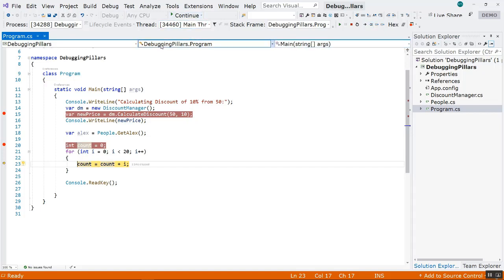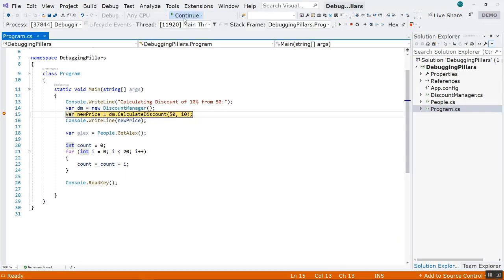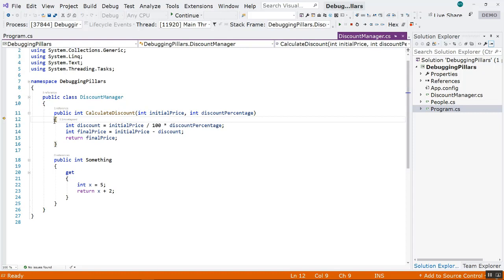Let's start over the program. If I hit continue, and start over. Whenever I'm on a method, like here, calculate discount is the method, I can click F11, which is step into, or this icon here. So F11, and it will go to the first line of code in this method. So if I hit F11, it goes to the first line of code. Now I can hit F10 like before, navigating through code,